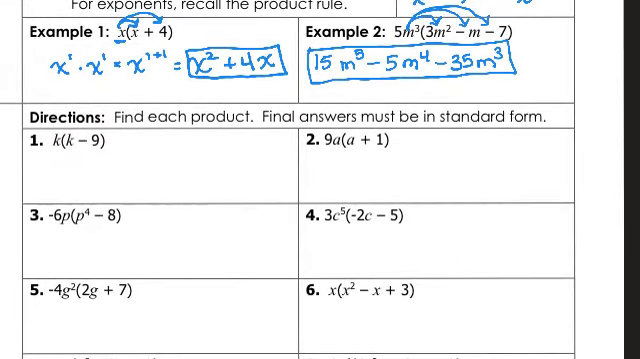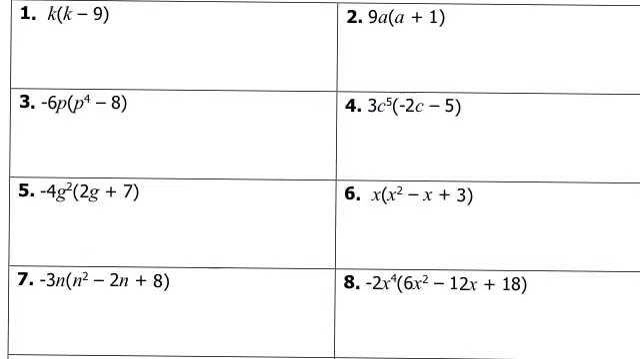Go ahead and pause this video and work on the next 4. Okay, now that you've had some time to practice, let's go over them and see how you did. You should have gotten k squared minus 9k, 9a squared plus 9a,